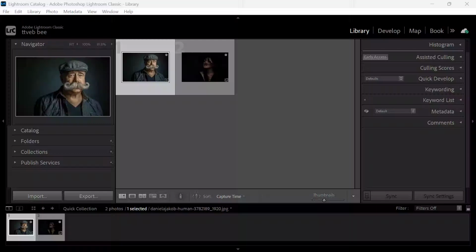In this video, I'm going to show you how to duplicate a photo in Lightroom Classic using two different methods, so you can choose the one that fits your workflow best. The first method is the recommended option for most users, because it keeps everything inside Lightroom without using extra storage. The second method creates a real duplicate file on your computer, which is useful when you need separate versions for